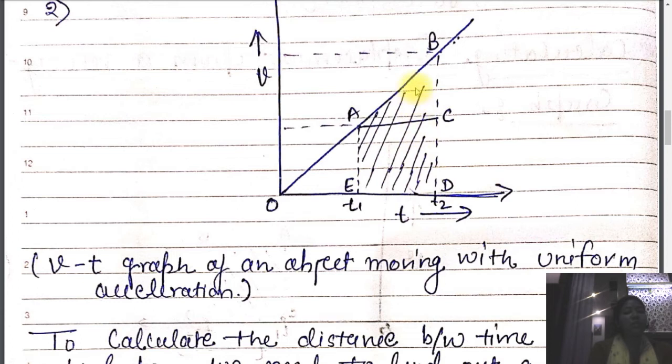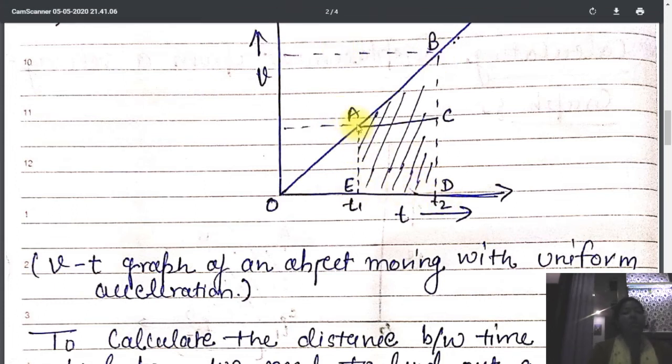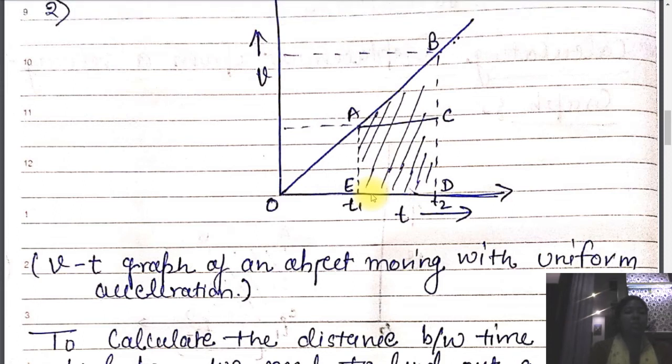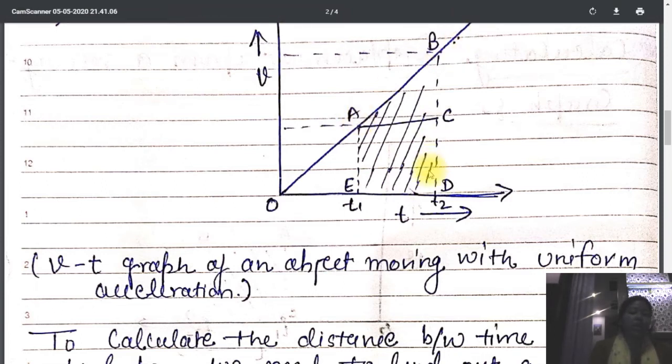Why are we separating this graph into two portions? Because if we calculate A, B, E, D, we do not have a particular shape. So we will separate this shape into two simplified forms, one in the form of a triangle and another in the form of a rectangle. After calculating the area separately, we will add the areas together and we have the value of the total area enclosed by the graph A, B, E, D.